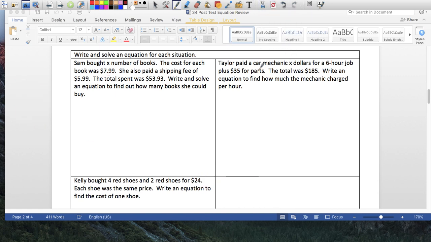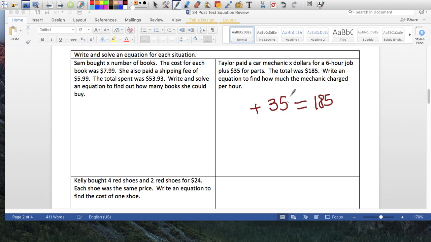Next one. Taylor paid a car mechanic X amount of dollars, an amount we don't know, for a 6-hour job plus $35 for parts for the car. The total was $185, so equals $185. Write an equation to find out how much the mechanic charged per hour. So we paid $185 in total. So the $185 was $35 for the parts